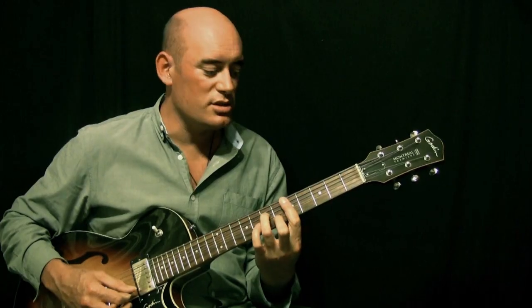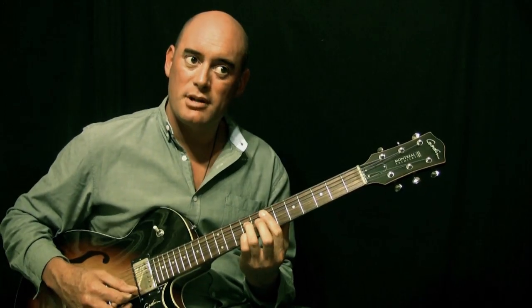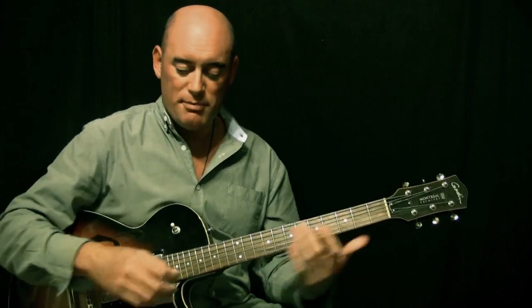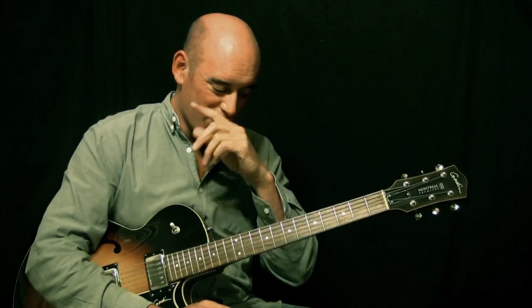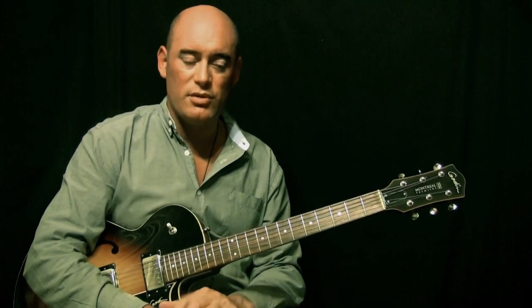See what I'm doing there? Just trying to get both hands really in sync, but particularly the left hand, which is moving so much and doing so many things of a complex nature. So that's the breakdown of what's happening with the chords, what those chords actually are,